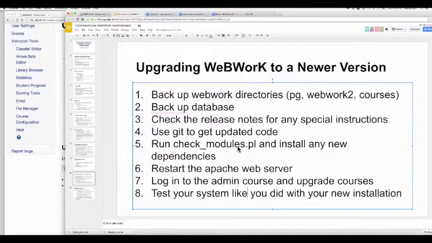So there's your steps for upgrading. If everything goes smoothly, this is all it should take. Again, find out if there's anything special you have to do, but if there isn't, then the steps are: go to WeBWorK, do a git pull, go to PG, do a git pull, go to mapjacks just because it's a good idea, do a git pull, run checkmodules.pl, install any modules that are missing,